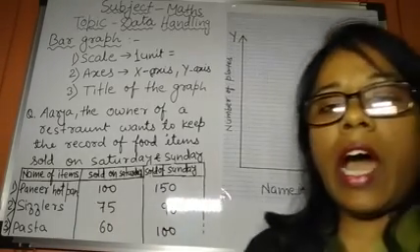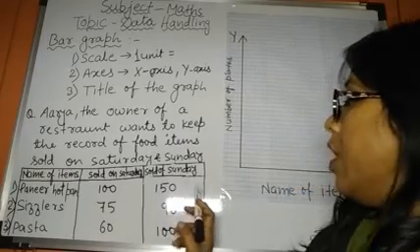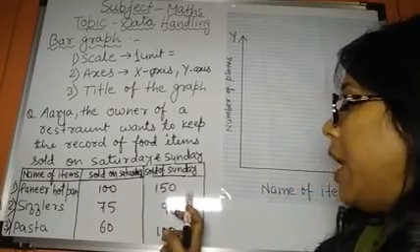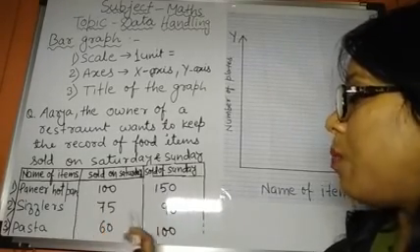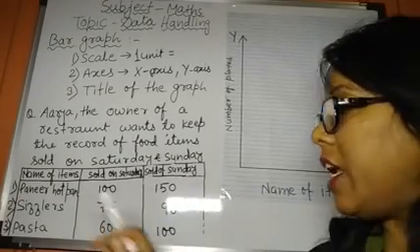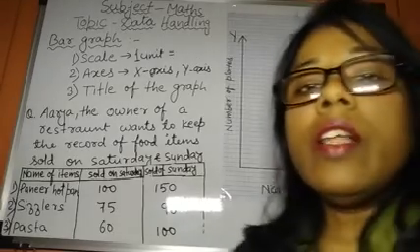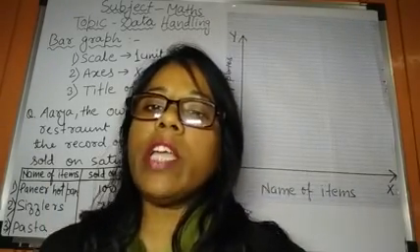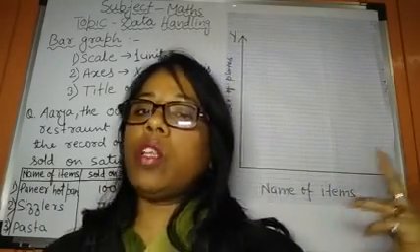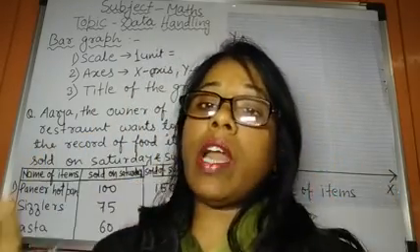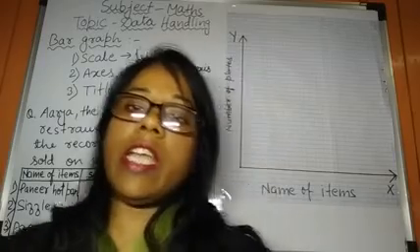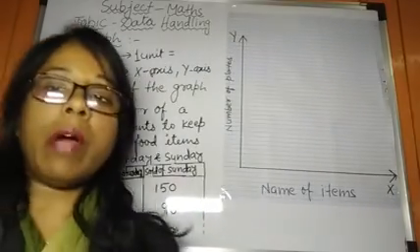On Sunday, Arya observed the number of plates for paneer hot pan, that is 150, the number of plates of sizzlers, that is 90, and the number of plates of pasta, that is 100. She wants to keep both Saturday's record and Sunday's record on one bar graph. So how can she keep them? She has to make a double bar graph.